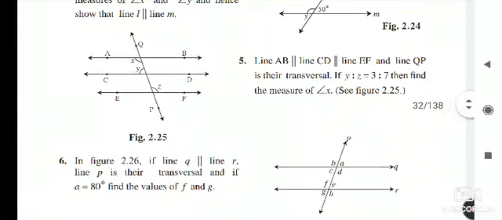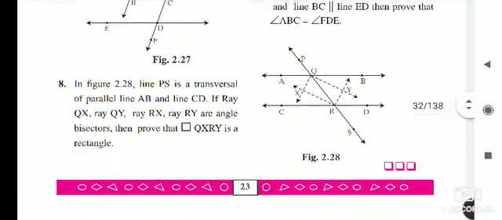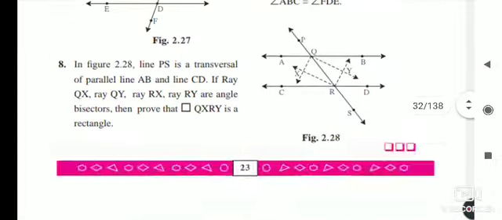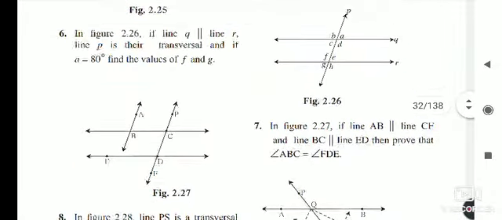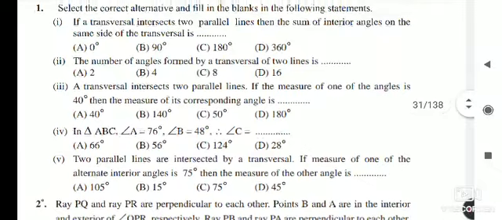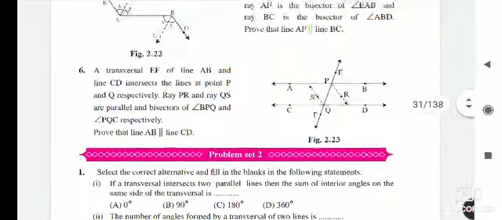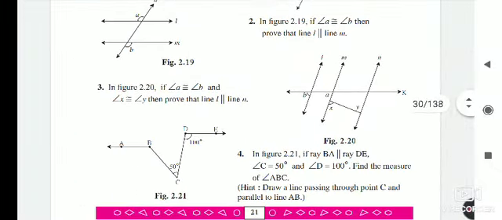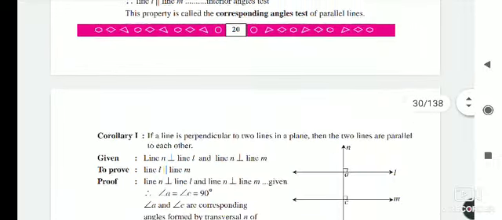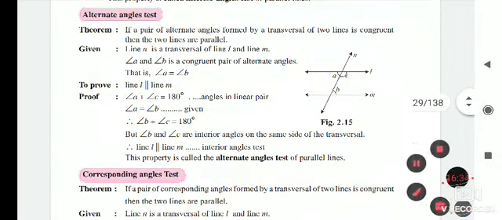And as you know, there are 2 lessons for the unit test, and today we have completed the revision of the 2 lessons. Okay, so all of you study properly. Each and every example you have to study. Theorems also you have to make perfect, then you will score in your paper. Okay, so